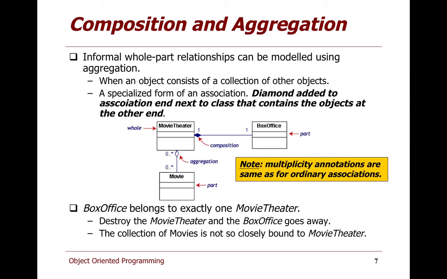Now let's pretend that these movies are being streamed from somewhere. And these movies may or may not be showing in other movie theatres. Again, let's imagine it's being streamed out digitally. Now imagine if our movie theatre just disappeared all of a sudden. Well, we know because of the relationship with box office that the box office is going to disappear with the movie theatre. However, the movie itself, or movies that were shown in the theatre, could be being viewed by people in other movie theatres at the same time.